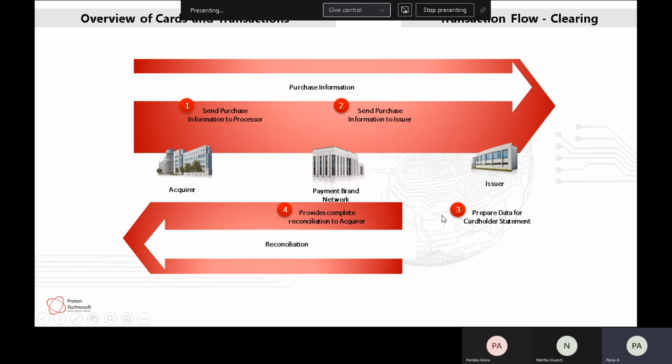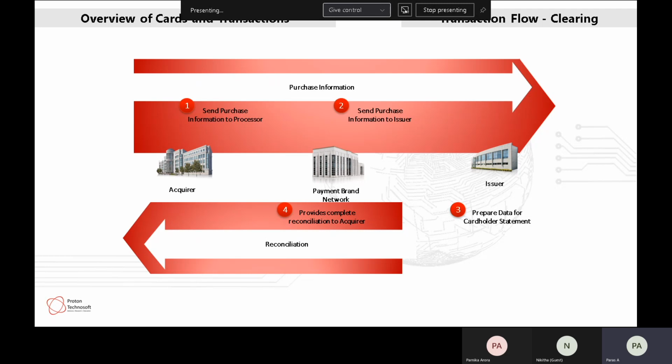And if yes, ICICI will say, yes, I am in receipt of that 100 rupee transaction. The payment brand network says, yes, I remember I sent you a 100 rupee transaction yesterday. So I am also good with 100 rupees. Acquirer HDFC Bank says, yes, I am also good with 100 rupees because that is what I sent to Visa yesterday. So HDFC, Visa, and ICICI, all three come to a consensus on the next day for the last day's transactions. So HDFC will say, yes, 100 rupees for ICICI, I have sent to Visa.